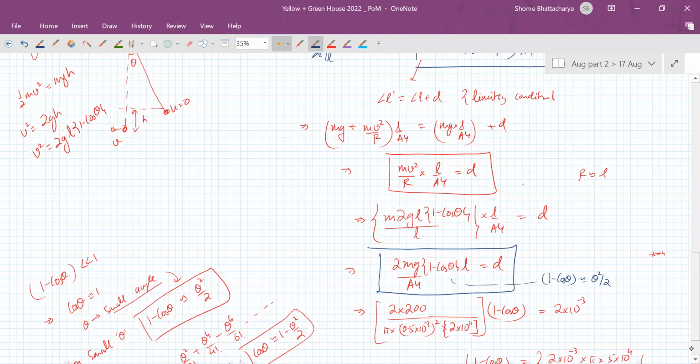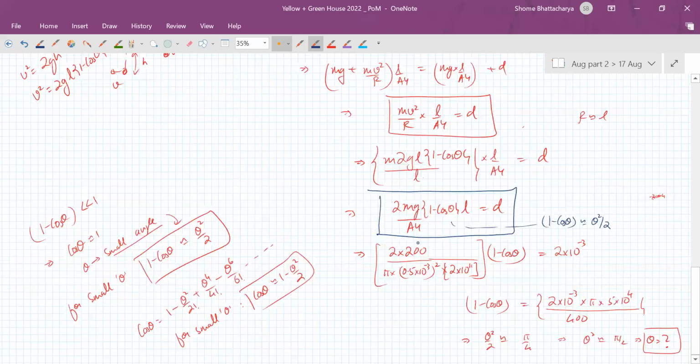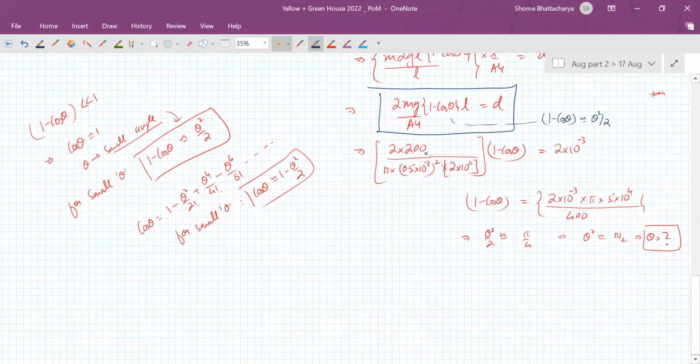Okay, so I think we'll just check the calculation once more. So the weight was this much, area was pi r square. So let's just check this part of the calculation. I've substituted mg correctly, I've substituted area correctly, Young's modulus correctly. On the other side, d is correctly substituted, so I should get